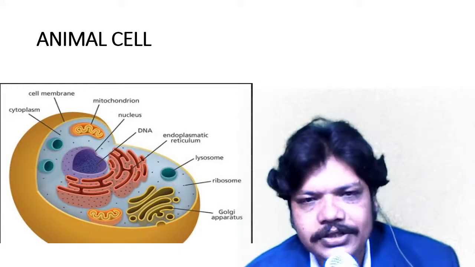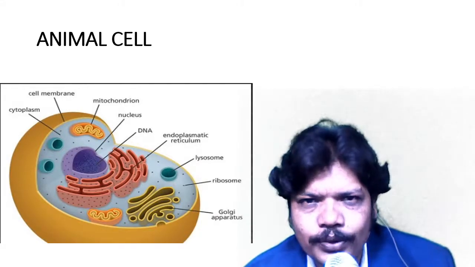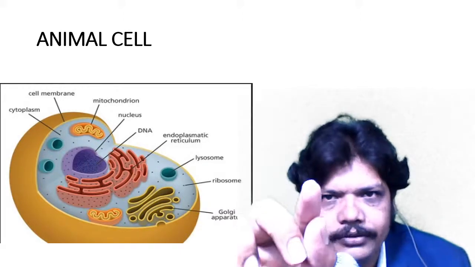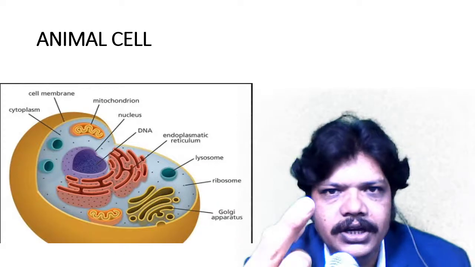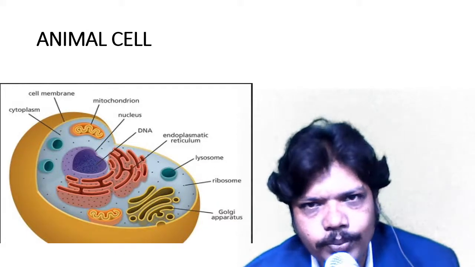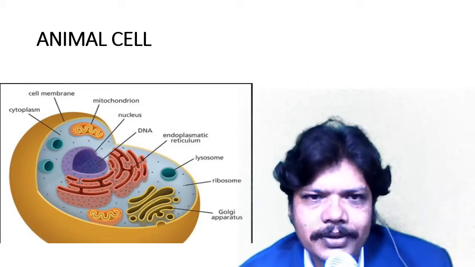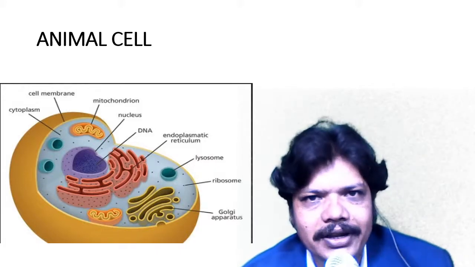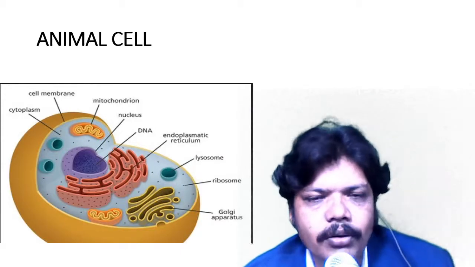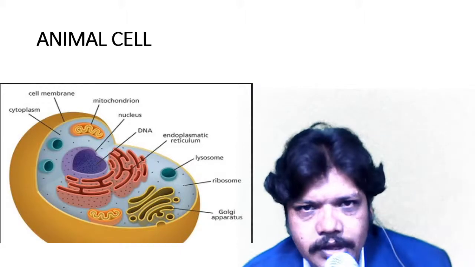So like this, the cell is working. If many cells are there, we say this is a tissue. What is the difference between cell and tissue? You cannot observe a cell by your finger. This finger is made up of tissue, but tissue is made up of cells. Every cell has unique characters, and with the help of various kinds of cells a tissue is formed, with various kinds of tissues organs are formed, and with organs the organism is formed.